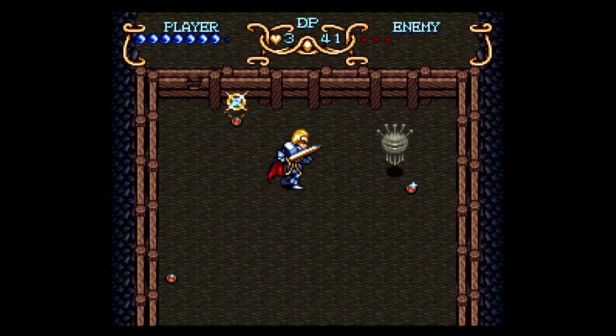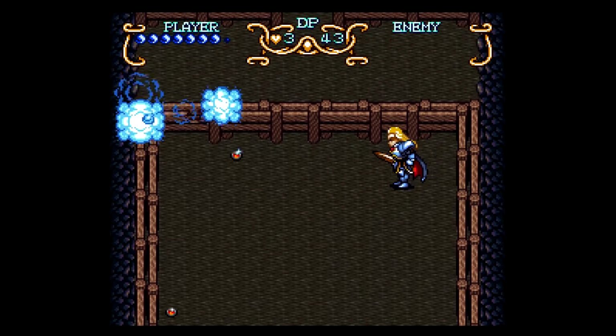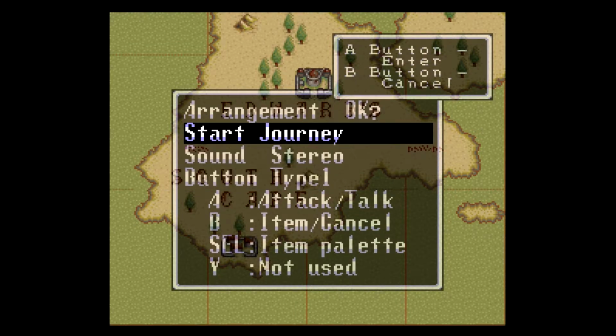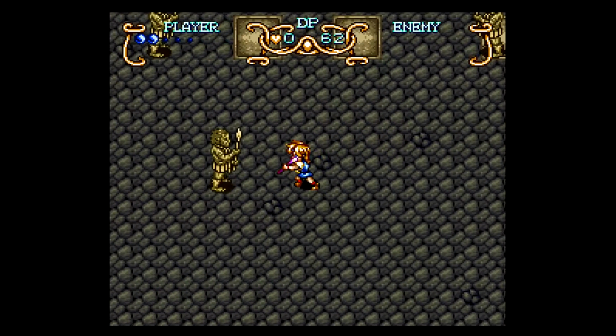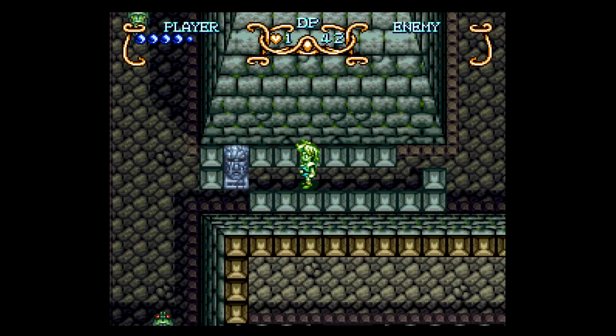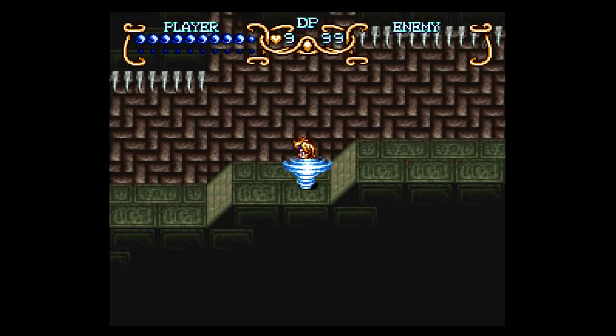Now the combat is pretty cool, although the button layout is unusual. For a Super Nintendo game, you only use A and B, X and Y do nothing. And then the shoulder buttons also work, but they do the same thing. Later in the game you get new abilities, like a charge up, and then you get a spin attack,